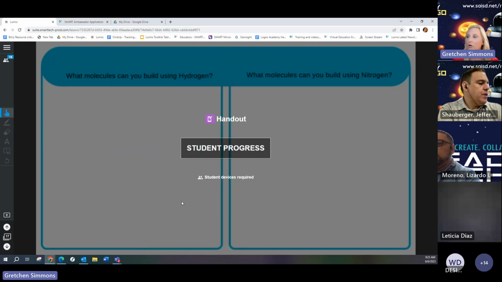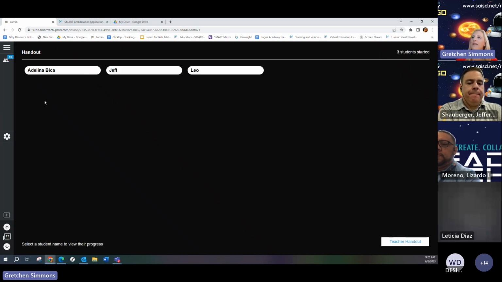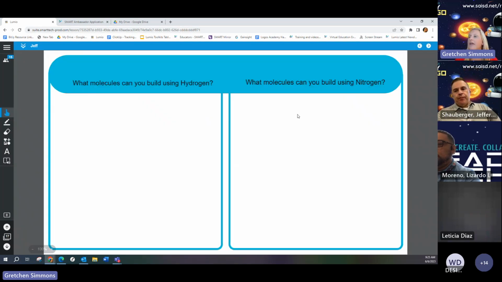Taking it to the next level, once again, I brought in one of those ready-made resources, this graphic organizer, and made it an individual handout. I can click on student progress. As my students open it, they're able to see. I can click on Jeff's, and we could either talk about it as a whole class,